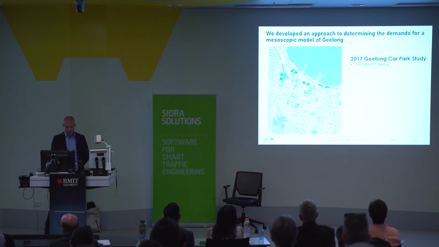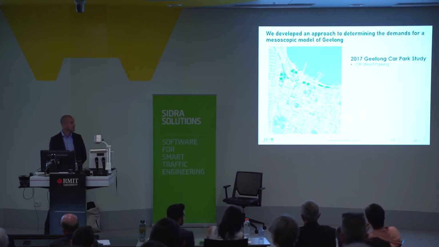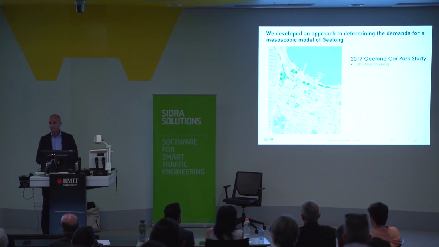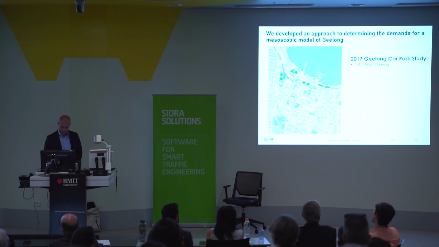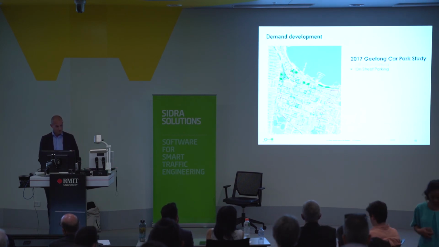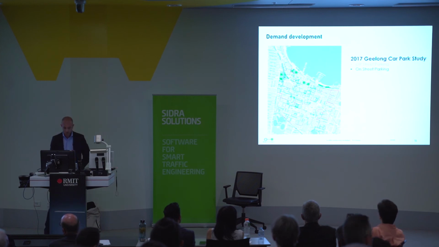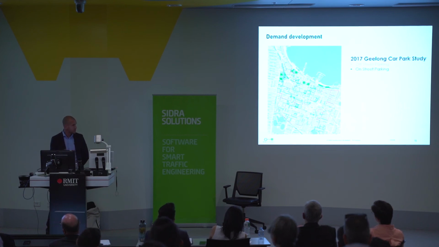And the idea of going through these data sources was not just to put it directly into the platform, into the software, and get an answer, but for us to think about all the data that's going into it before we actually run the model, before we actually get some outputs from it. So we used off-street parking, then we looked at all the levels of on-street parking, and we had a lot of data with that. And so we're able to look at the utilisation of each of those and really understand where within the central area of Geelong people were travelling to.